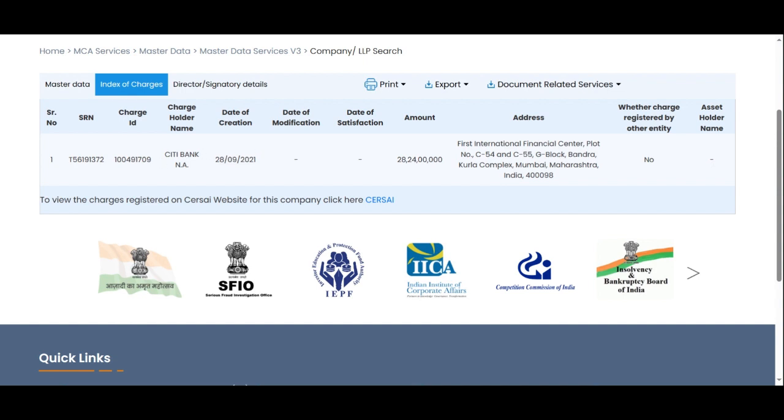Right? So the details that it will tell you is what is the charge ID, who is the charge holder. So here we know that there's no security trustee that was appointed. It's directly in the favor of the lender. So Citibank is the lender. The charge was created on 28 September 2021. It has not been modified. And there is no date of satisfaction, which means this charge is still subsisting,